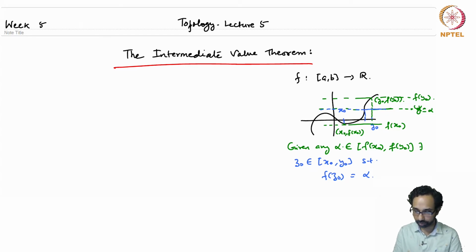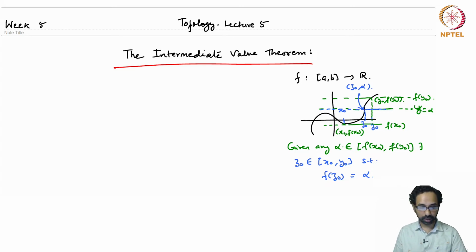So this is the point z0 that we want here, and this point is precisely (z0, alpha). So this is the intermediate value theorem for continuous functions on the real line, and this you might have seen